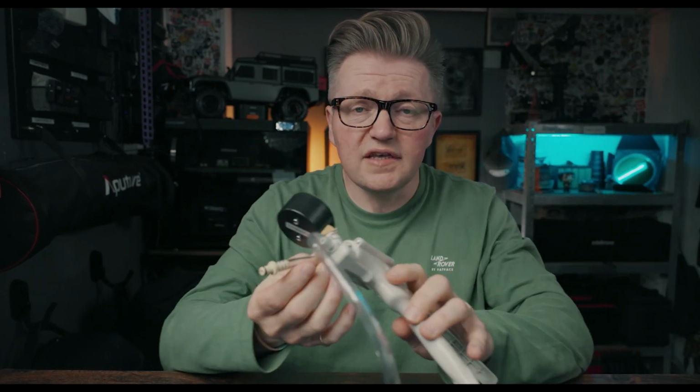Anyway, this is the first tip. Now, this is a vacuum gauge. You don't have to get one of these. It's not a necessity to use the kit and everything else, but I think it's well worth the money because it gives you that sense of security, which I'll show you how to use in a minute. It gives you that sense of security that the housing is fully sealed and not only watertight,